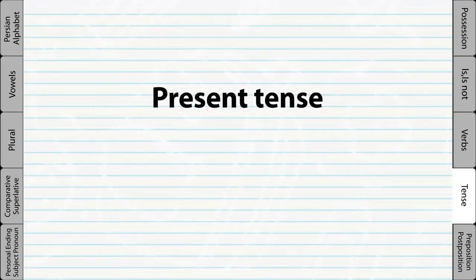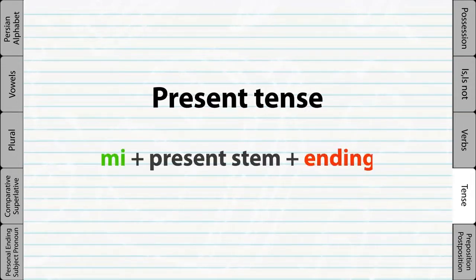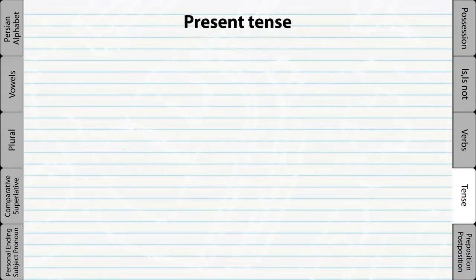Present tense. Present tense is formed by taking the present stem, then adding the prefix me, and then conjugating it. As we mentioned earlier, the present stem must be studied separately, since the present stem for each verb may be different and cannot be predicted. For example,